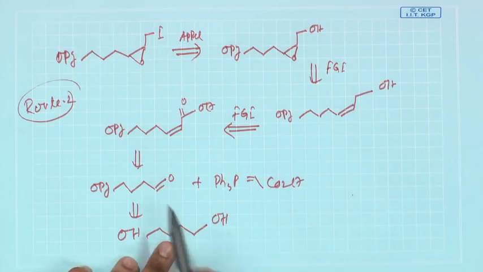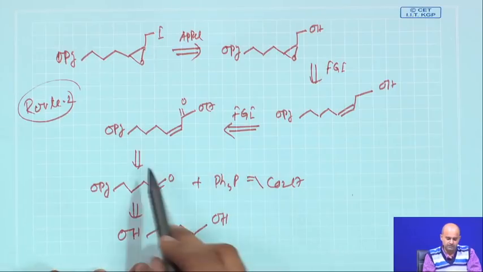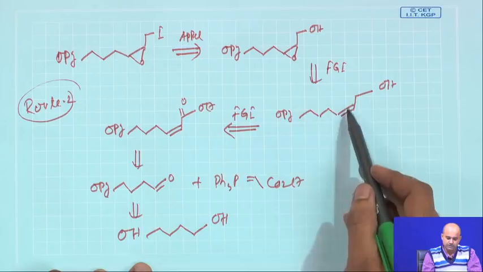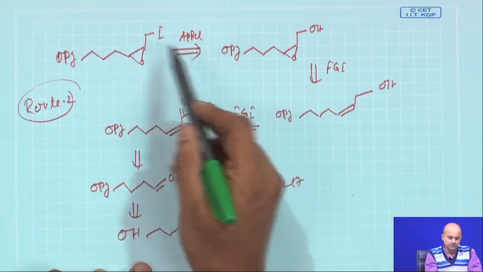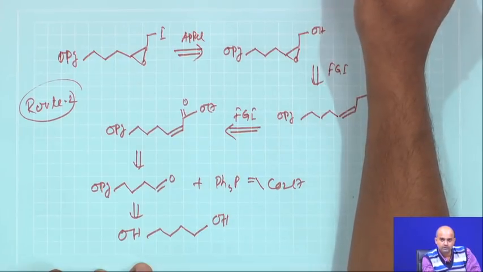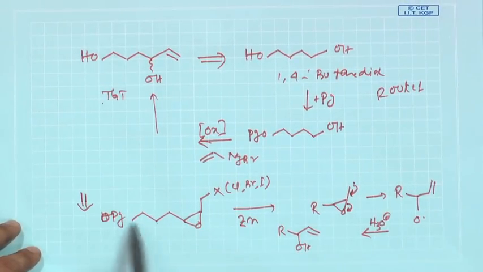How many steps? You start with the alcohol first, then monoprotection, oxidation, 2 steps, Wittig 3 steps, then you do a dibulk 4 step, you do epoxidation 5 step, Appel reaction 6 step, then de-iodination through epoxide opening, which is the next step, and then finally you have to get rid of this protecting group. So, route 1 and route 2 both are in principle possible, and in case of route